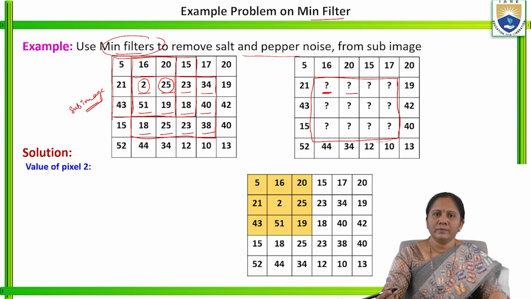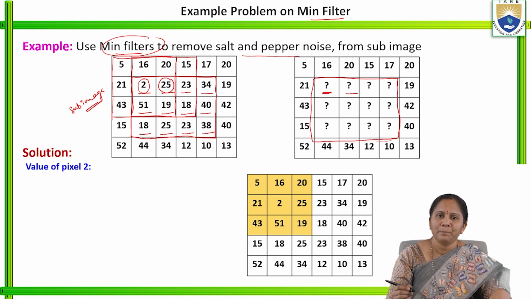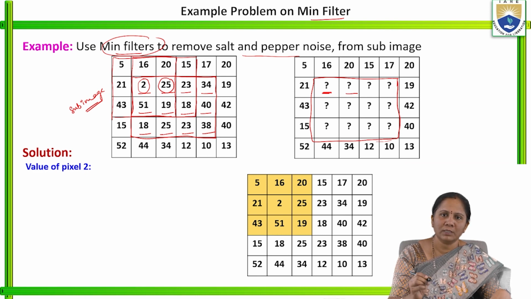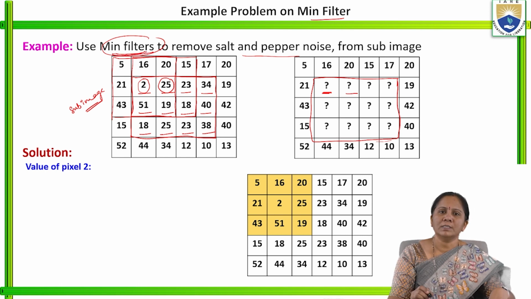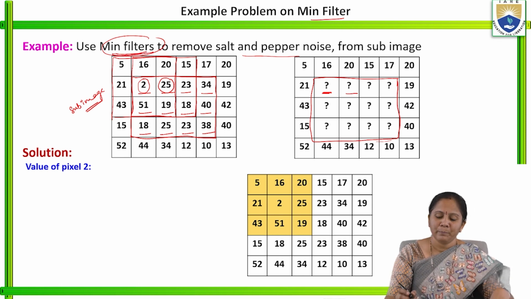The procedure is the same as what we used for the median filter. Consider initially the 3 by 3 mask, see what all the neighborhood pixel values are, and arrange them in ascending order. But after arranging in ascending order, consider which one is the minimum pixel value. That value will be replaced as the center pixel. Previously we used the middle value to replace the center pixel, but in the minimum filter, we have to consider the minimum value.